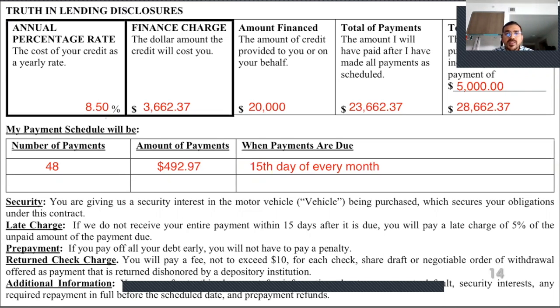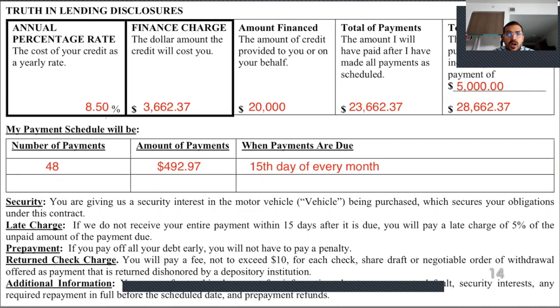Here, we can clearly see all financial charges in this $20,000 loan. In the first row, we can see that our APR is 8.5%. Then to our right, our finance charge, which is the dollar amount the loan will cost you over the 4 years, followed by the amount financed, as we mentioned before, $20,000. For our total payments, which is the sum of the amount financed plus the interest, which equals $23,662. And finally, the total sale price of the loan, which includes a $5,000 down payment, for a total of the whole operation to be